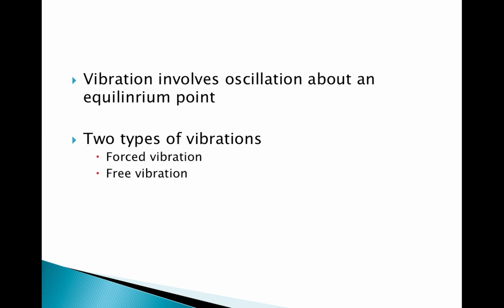Vibration is a mechanical phenomenon which involves oscillations occurring about an equilibrium point. Let me first explain what the two types of vibrations are. The first one is forced vibration, which occurs due to external disturbances in the system. For example, the string of the guitar, as shown in this video, is forced to vibrate, causing a set of waves to generate,